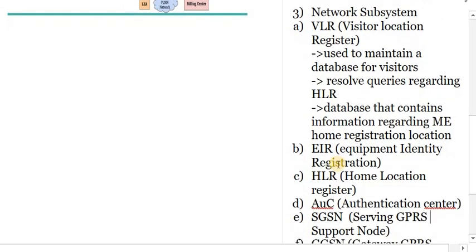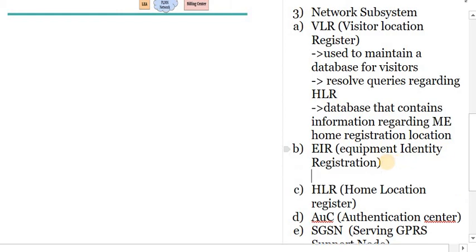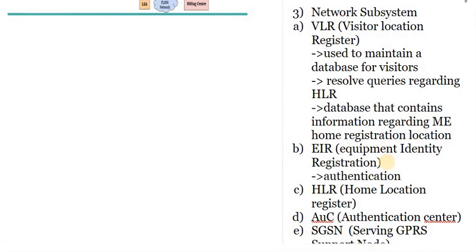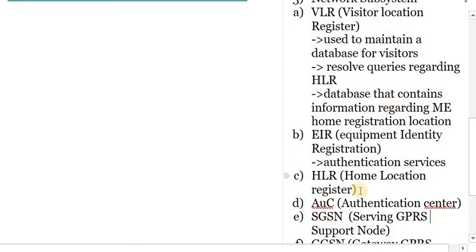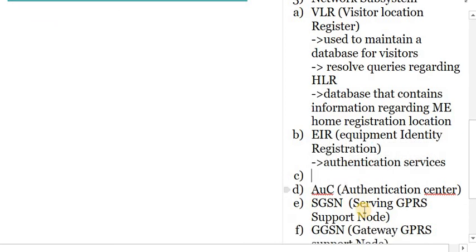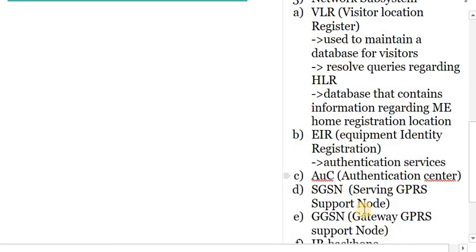So what is the EIR, equipment identity registration? Just like in the GSM, EIR is used to perform the authentication services.